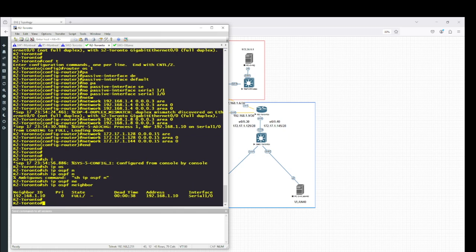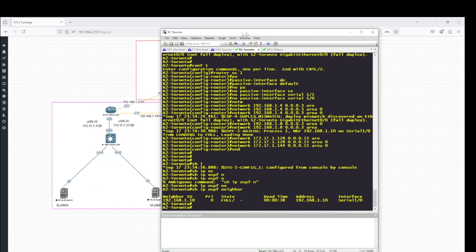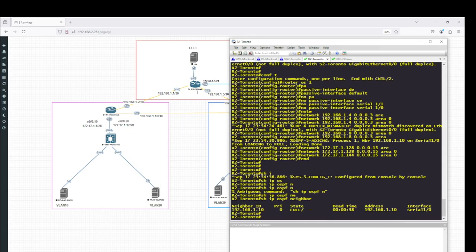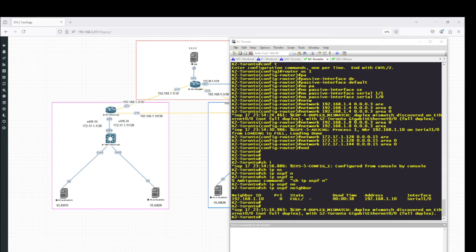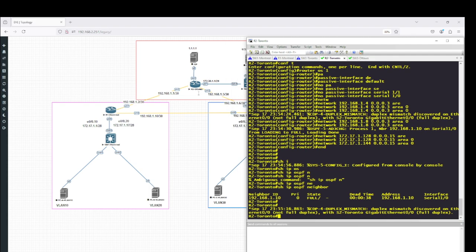So I can see that I have full adjacency on the serial link, which is going to the Montreal office. Still, I haven't configured the Ottawa office. I haven't configured anything right now. So I'm going to configure the headquarter. Actually, I have two interfaces, the loopback interface. Something I have to tell you on the head office,